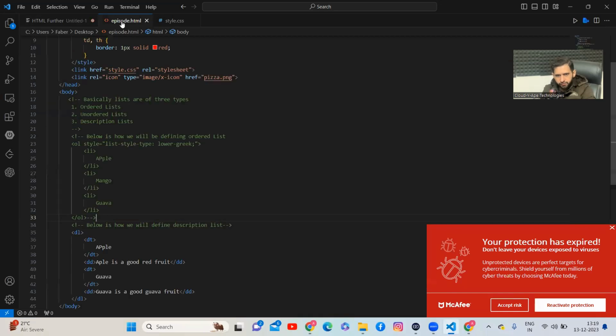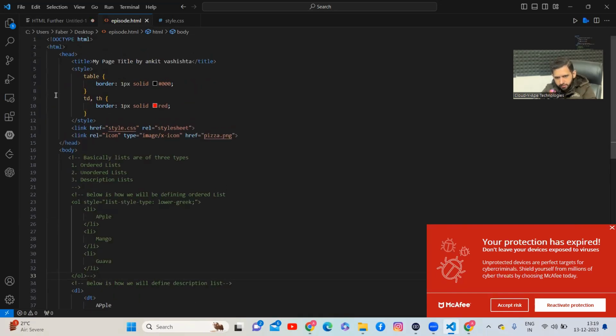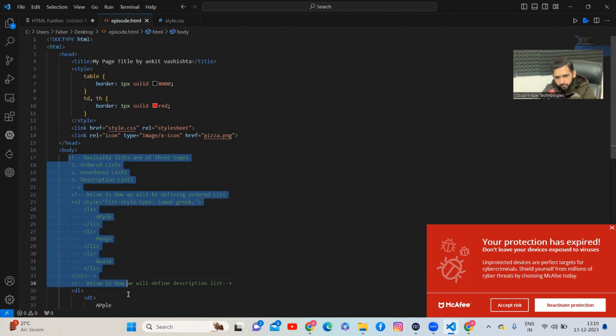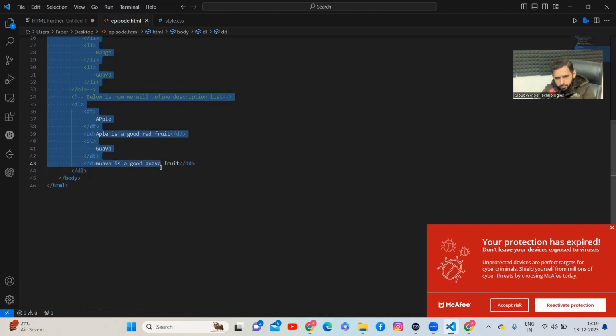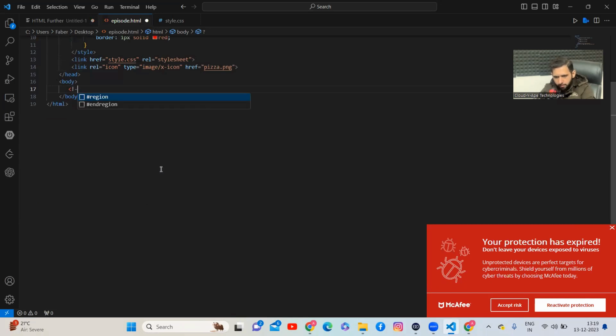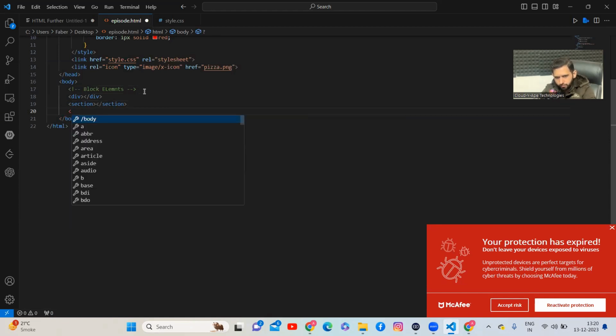We have various block elements like div, we have section, we have article, header, footer,